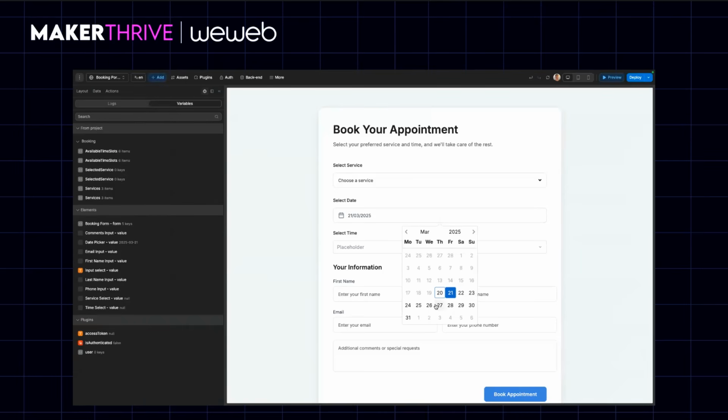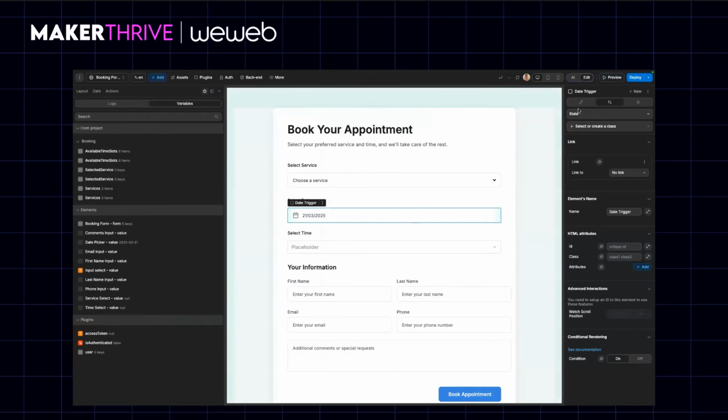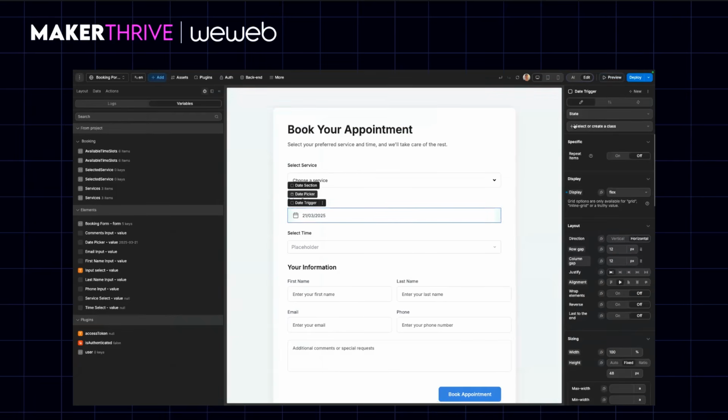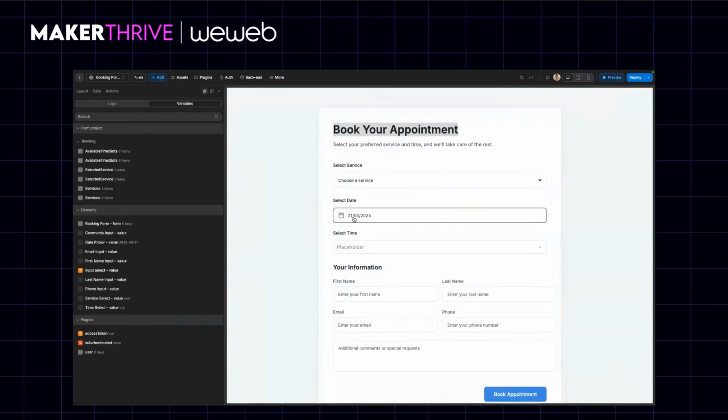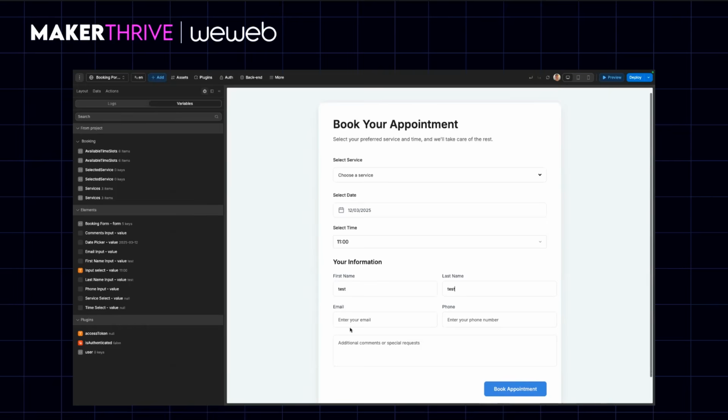If I now choose the 12th, and I think we actually have, it doesn't let us choose a date in the past, which is good. The AI will automatically set that up. But for the example, I'll remove it. So I'll get rid of the min date and choose the 12th. Now in here, there we go. We can see the 10th isn't there, so it's correctly refetched the data. So I'll input all of this. I'll put in some test information and do this. And the last piece we need on this page, I'll choose a service, is we need to